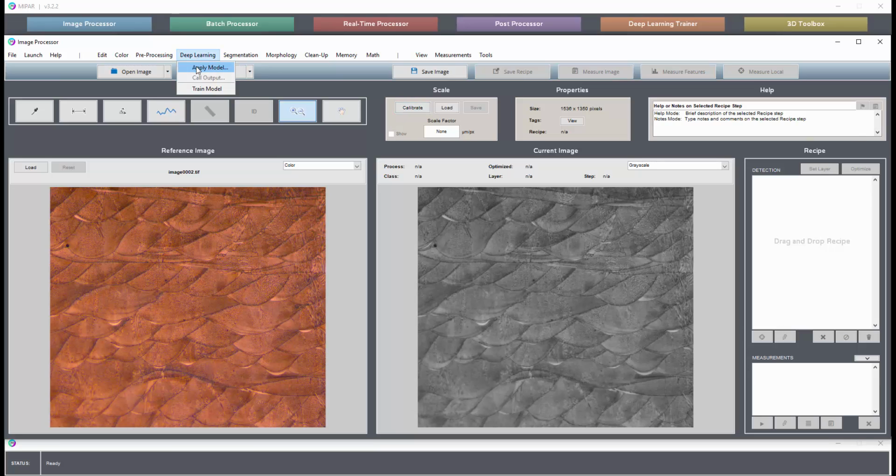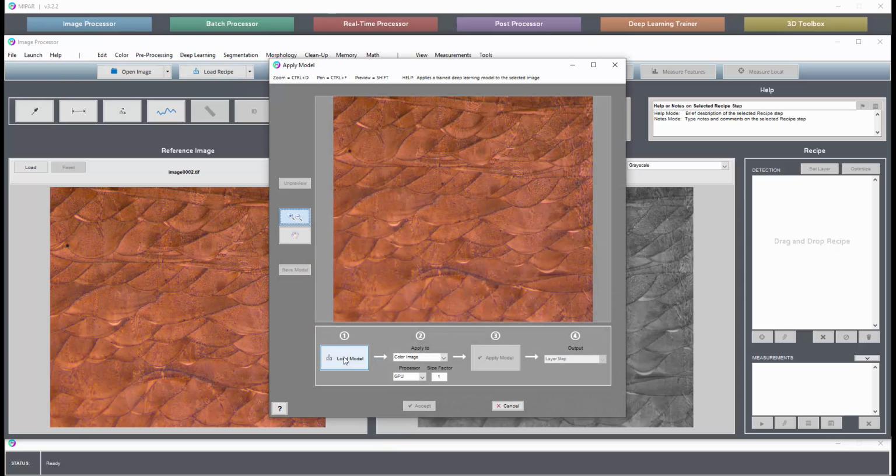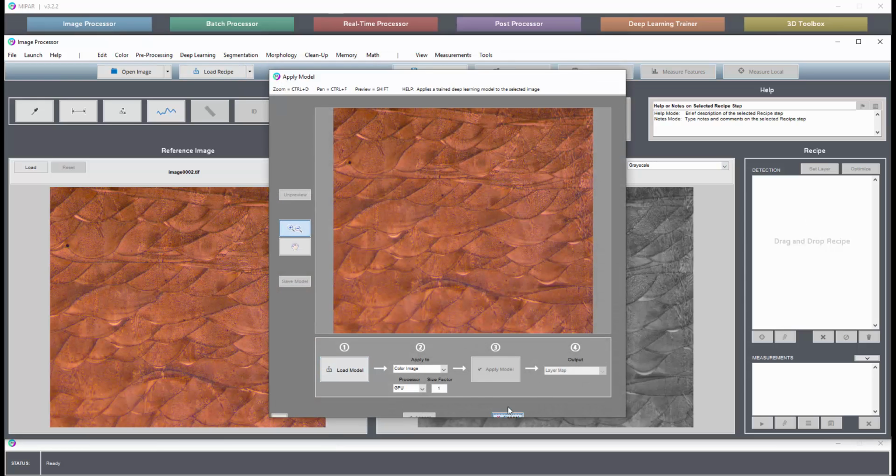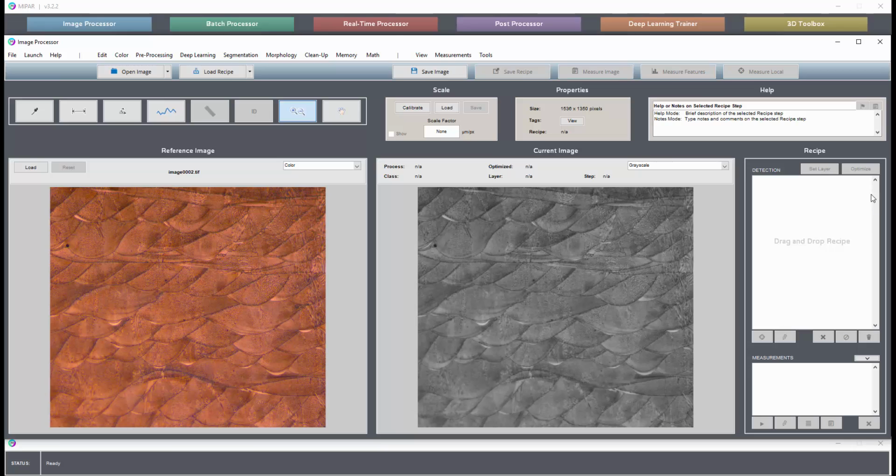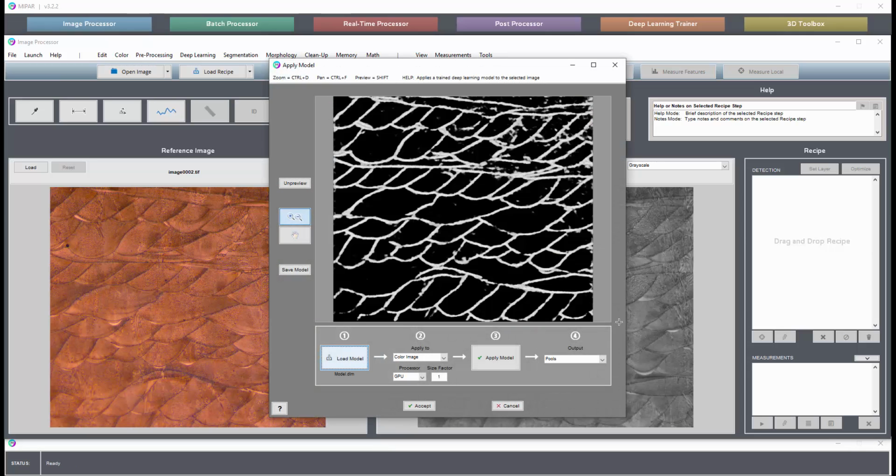There's various ways to run that. Either choose apply model and pick the model file or drop it into here, or you can even take a model file that was saved out of the deep learning trainer, and we'll see that actually occur once we're done with that initial example training that we started at the very beginning. So we'll take that model file that's saved out, we just drop it in. It's a DLM file, and it will auto launch the apply model, load it in, execute it,